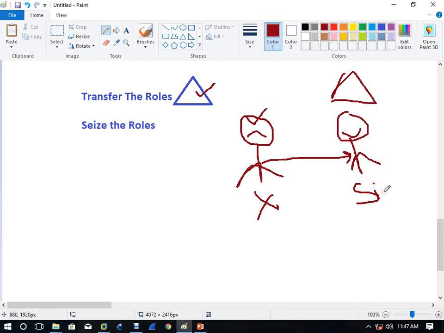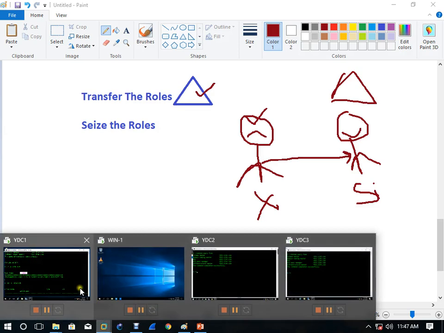You have to show the proof that you are the backup server of the domain server. Then you will be able to get all these roles. So we are going to do the transfer first, and then I'll show you seize.